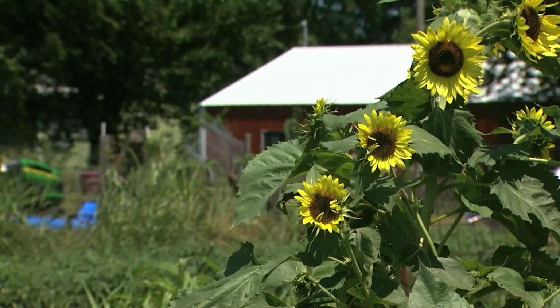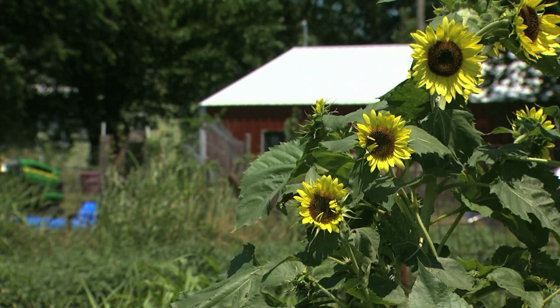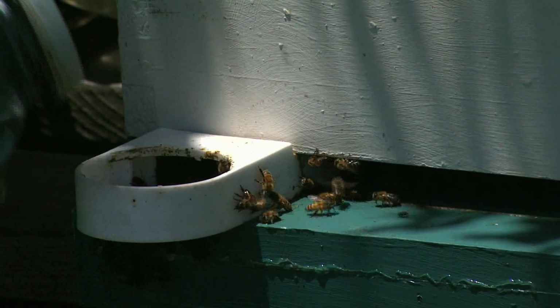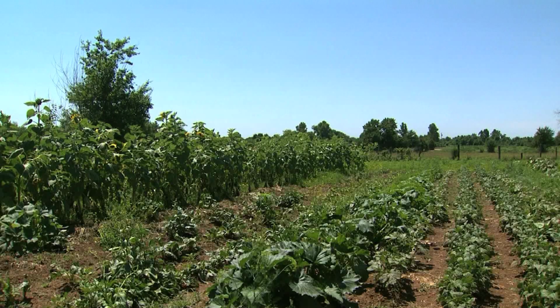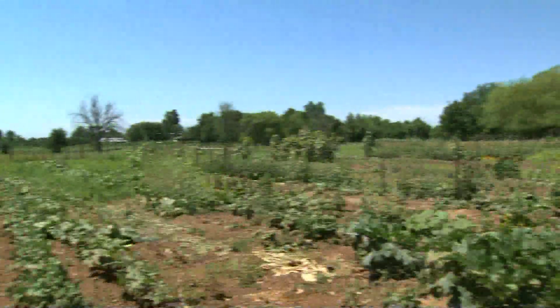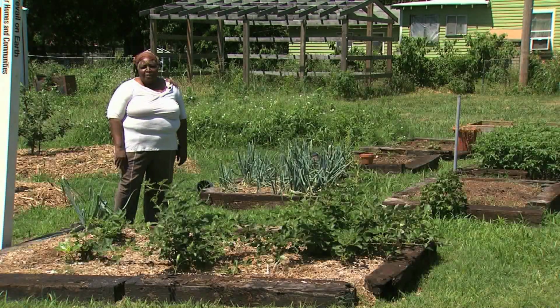They also grow sunflowers. But these beautiful flowers are not just for looks. They're here to feed their little pollinators. Yes, they have several bee boxes on their property as well. And Newsom says all of this is something anyone can do in their own backyard. That's one of the things we try to explain to people, that,